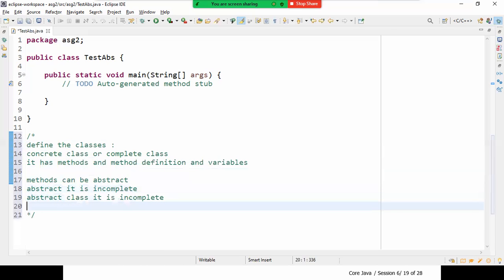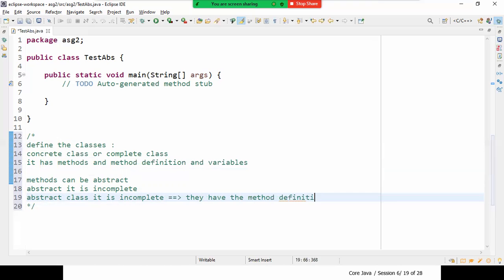It means the abstract class has only the method declaration, not the method definition. That means only the prototype, or what you call the signature, will be there.